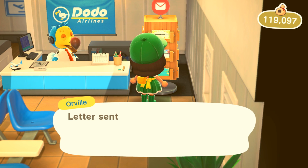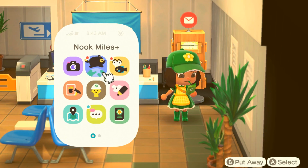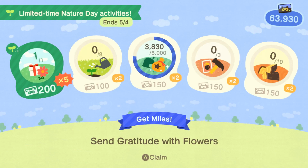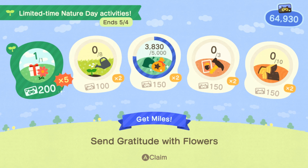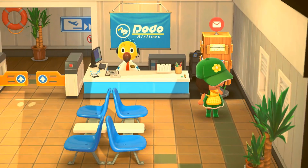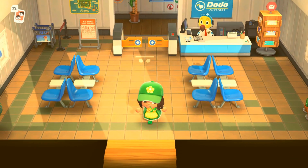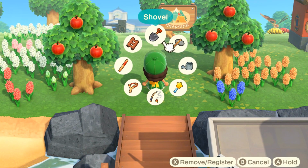All right, there we go. Yay! Oh, look, and that actually counted. Wonderful. So there we go, guys. We have now sent gratitude with flowers and completed that Nature Day activity. But let's go ahead and we will tend whatever flowers we bump into as we dash over to the campsite so that now we can complete our wildlife rangers responsibilities of the day, which one day will also include, you know, making proper paths, organizing Wildberry somewhat,